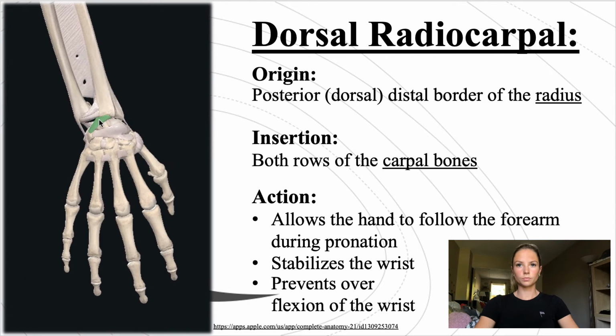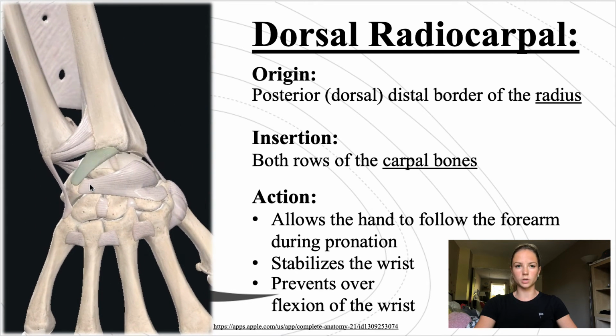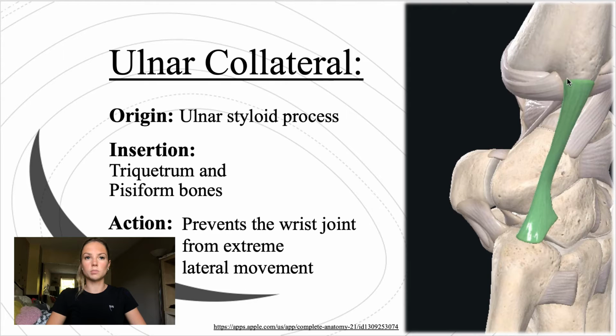overextension of the wrist. Next, we have the dorsal radiocarpal ligament, which originates on the posterior distal border of the radius and inserts on both rows of the carpal bones. Its action is to allow the hand to follow the forearm during pronation, to stabilize the wrist, and to prevent overflexion of the wrist. Here we have the ulnar collateral ligament, which originates on the ulnar styloid process and inserts